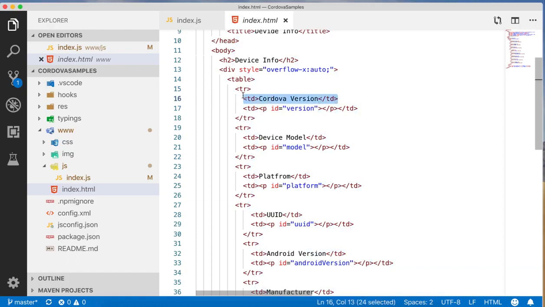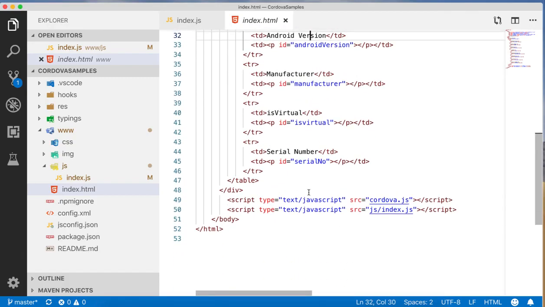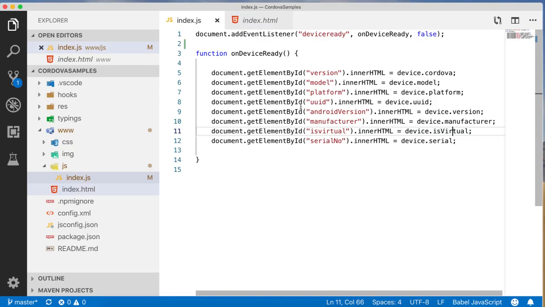In the first column it will be the device version, model, platform, UUID, and in the second column we are writing the value of version, model, platform, UUID, all those things. All are IDs, and the same IDs we are using here.